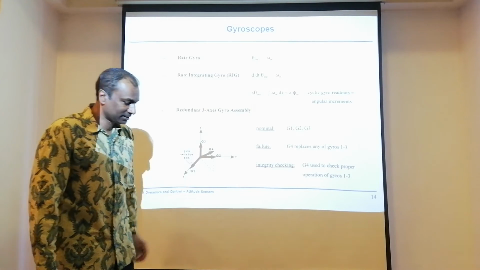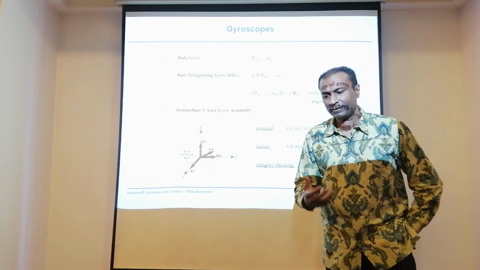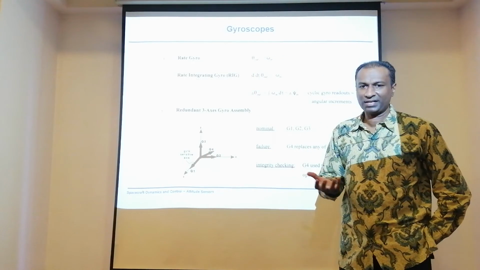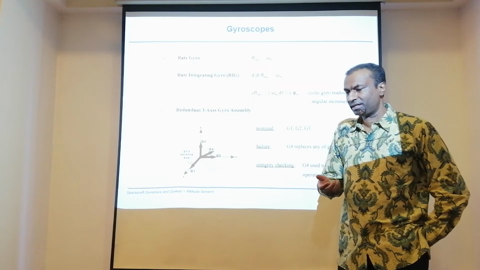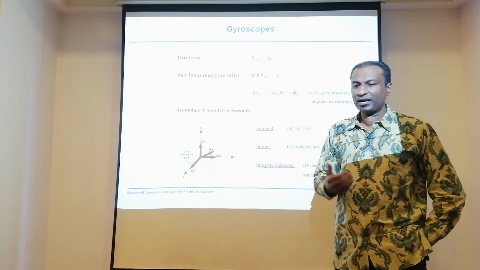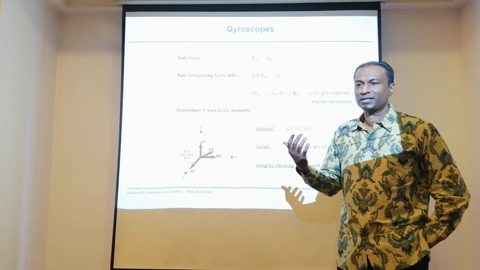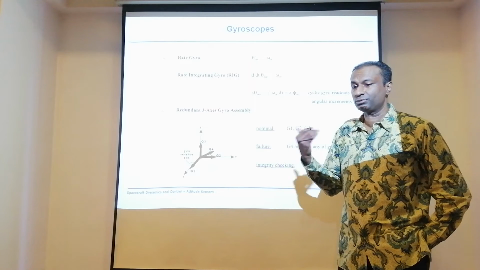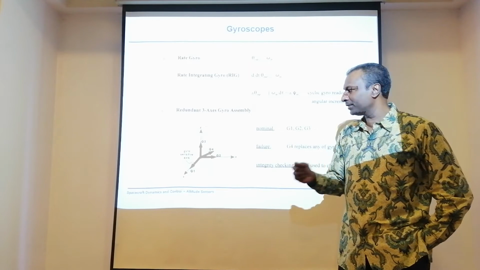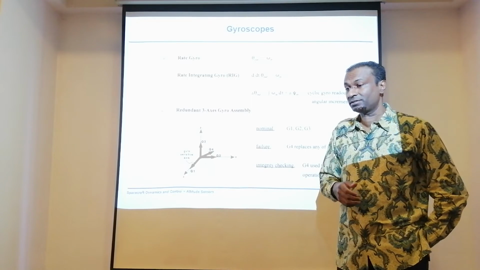Now, don't forget, just like the reaction wheel that we have discussed, this is a rotating sensor. So you have a rotor which is rotating, so there is a chance of actual failure. In space, you do have, for example, reaction wheels. When we embark 3 reaction wheels, of course, a 4th is mandatory in order for us to respect the redundancy policy. So therefore, the gyro also has to have this redundancy policy.